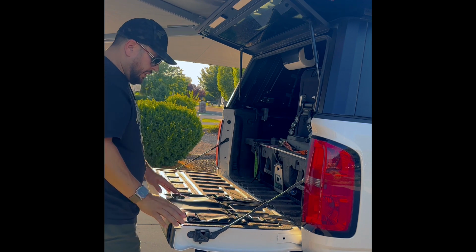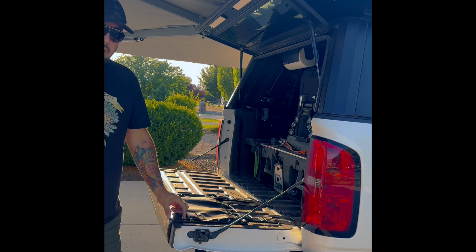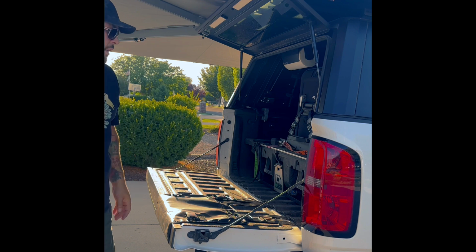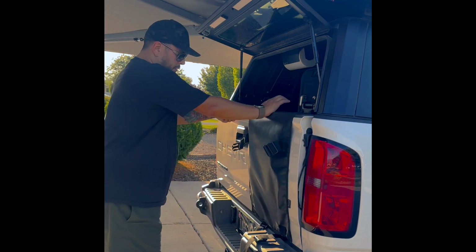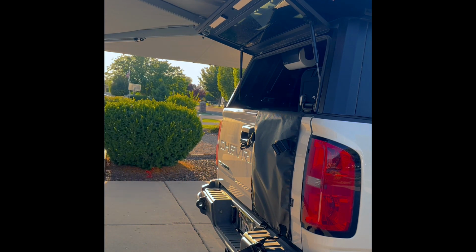Just where you want the height. Put mine just with a little bit of a gap here so that the buckles will clear the smart cap. Pass that back up. And